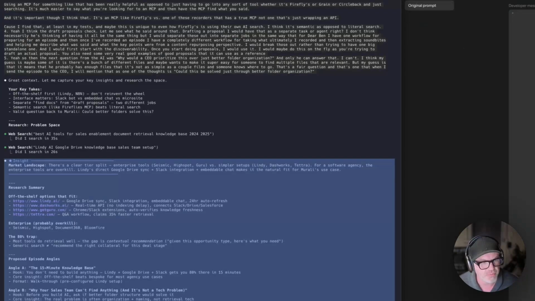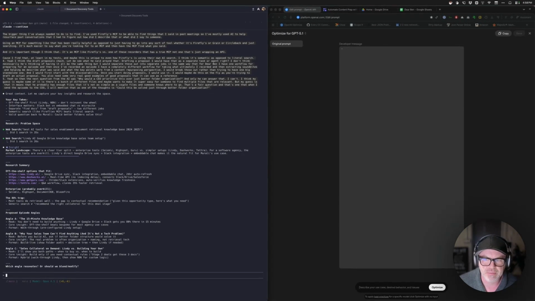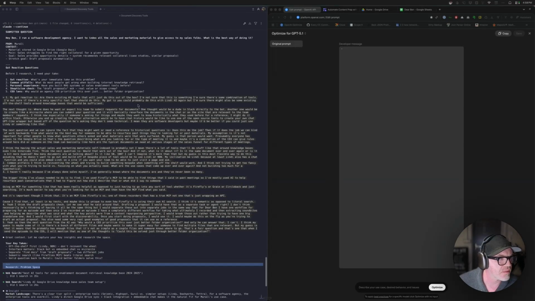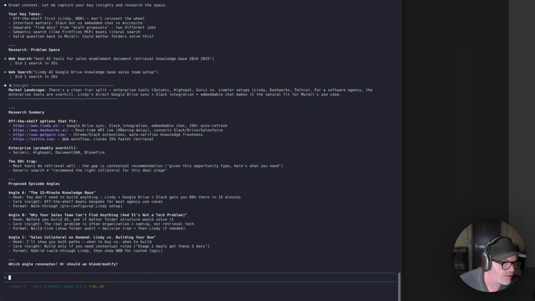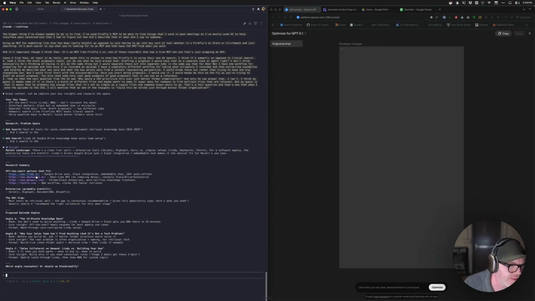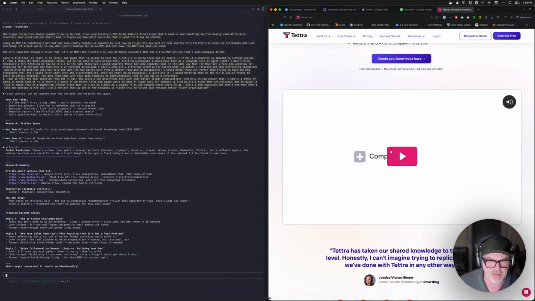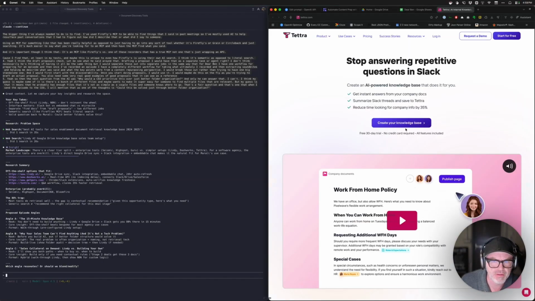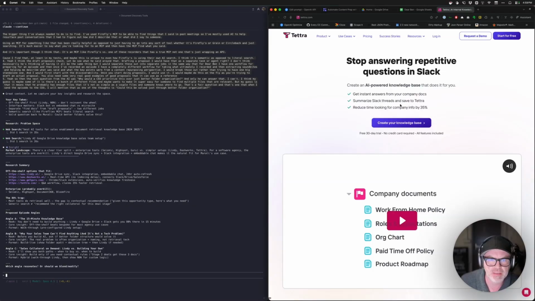Another issue is that we don't have any context around budget and how technical their team is. Gut reaction questions, research problem space. Yeah, there's a Google Drive sync, which I knew. Embedded chat, 24-hour refresh. So yeah, Lindy off the shelf would probably work. Dashwork, Get Guru. I've heard of these guys. Obviously, it's not specific to sales. And there's some tools that I think out of the box work with Notion databases, but since this content's